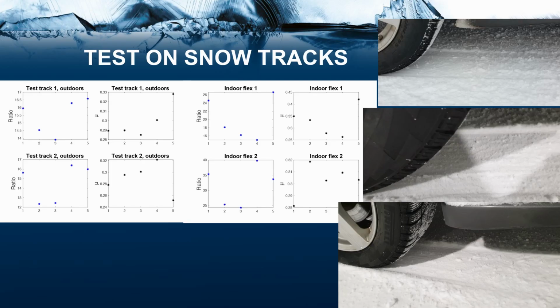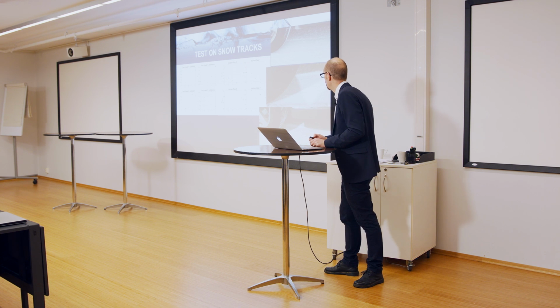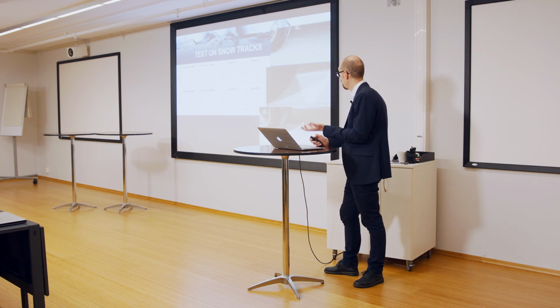And here you have the braking friction, which was quite interesting to see, because that was also something that we discussed. Is the friction different from the indoor, where it's not that humid, the air indoor is very dry, and is it different from the outdoor, even though we have almost the same temperature? But the answer is that the friction is quite similar, I would say. It goes from 0.25 up to, we have this outlier, but up to 0.35 in almost every case. So that was quite nice